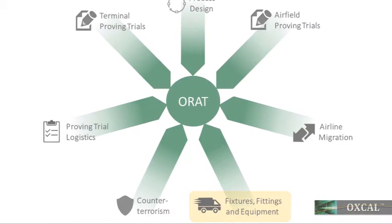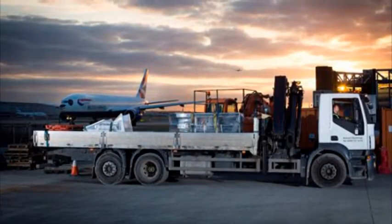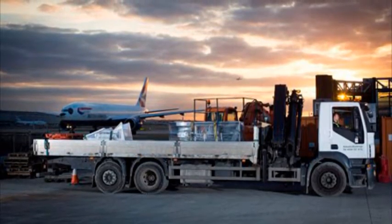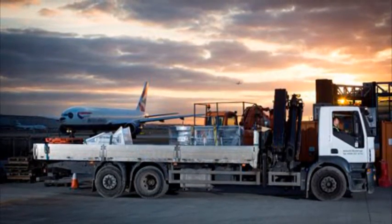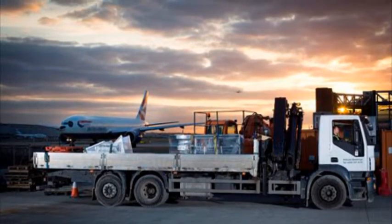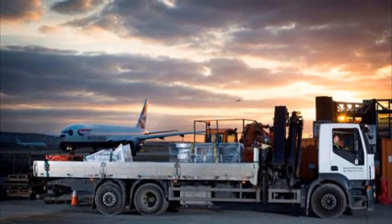A vast amount of movable furniture, fixtures and other equipment was required to operate the terminal. We provided a complete just-in-time inspired logistics solution to manage the procurement, security screening, delivery and installation of more than 300,000 individual items, ensuring that internal customers' needs were met and that the terminal opened with everything required, ready and